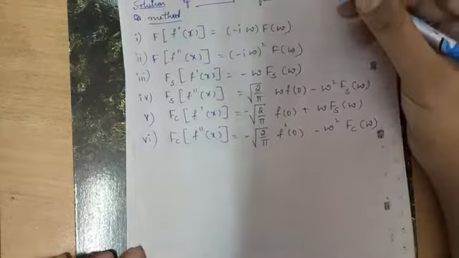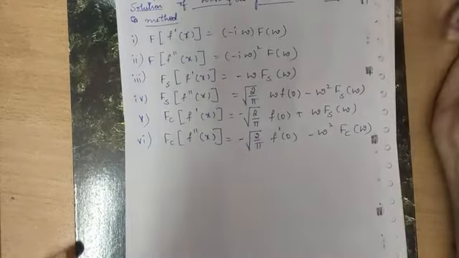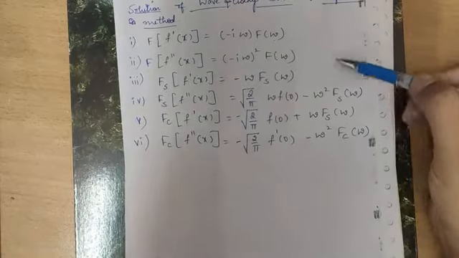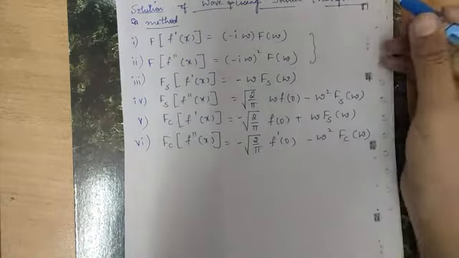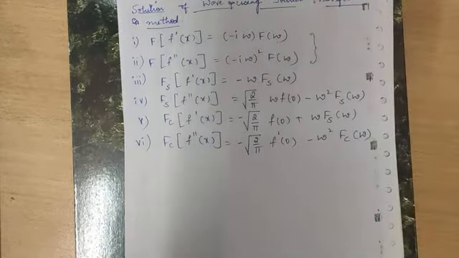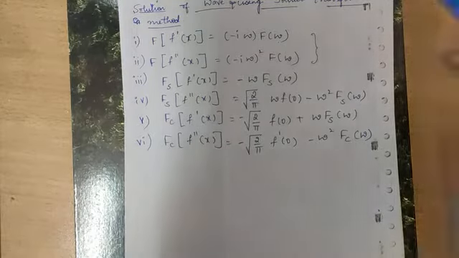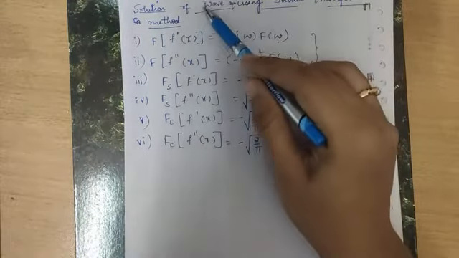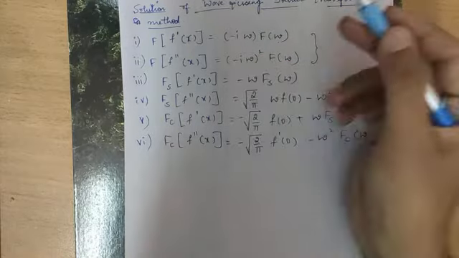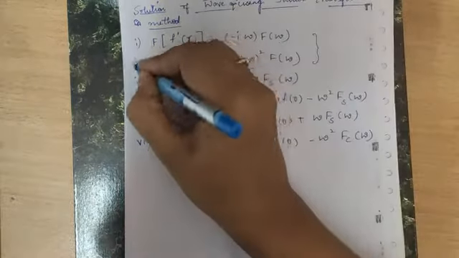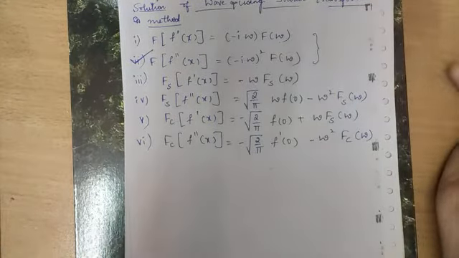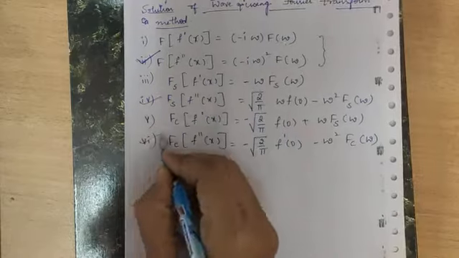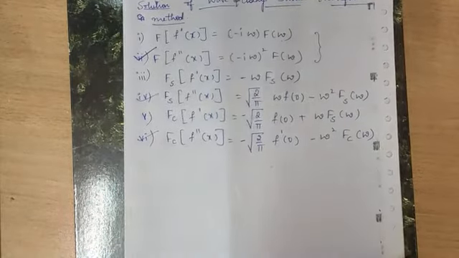So in order to solve wave equation using Fourier transformation method, I will use any of these formulas. If it is a general Fourier transformation, I will use these two equations depending on the order of a given partial differential equation. Since it is a wave equation, obviously the order will be 2, so I will use formula 2. And in the case of Fourier sine and cosine, I will use 4 and 6. So now let's move to the problem.